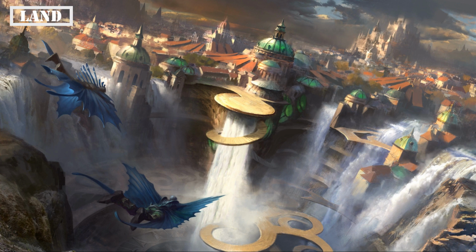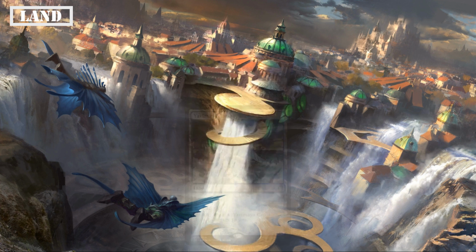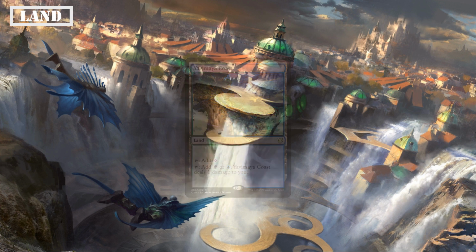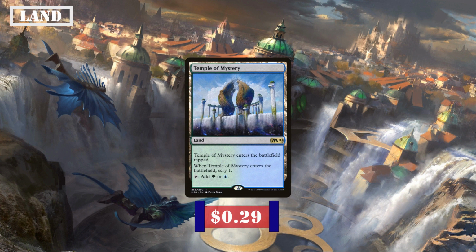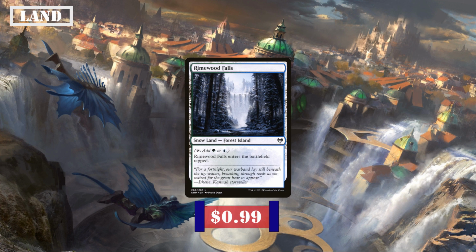Quickly running down our mana lands, we have Command Tower, which taps for any color in our commander's color identity, Yavimaya Coast, which taps for a colorless or either of our colors if we take a damage, Vine Glimmer Snarl, which comes into play tapped unless we reveal an island or forest from our hand when it ETBs and taps for either of our colors, Simic Growth Chamber, which comes into play tapped, bounces one of our lands back to hand and taps for both our colors, Temple of Mastery, which comes into play tapped, scries 1 when it ETBs and taps for either of our colors,